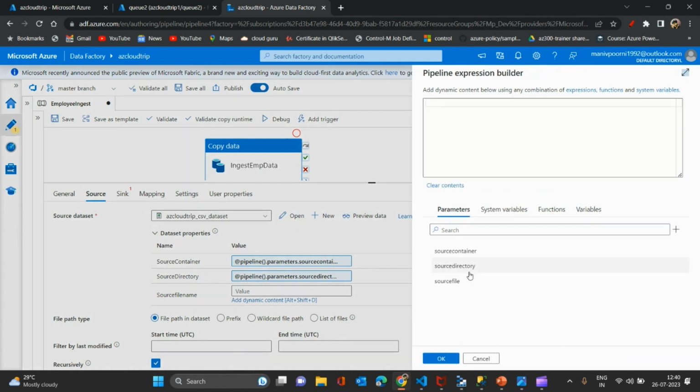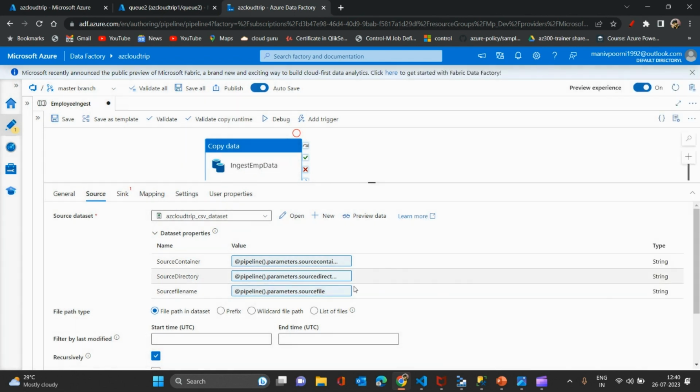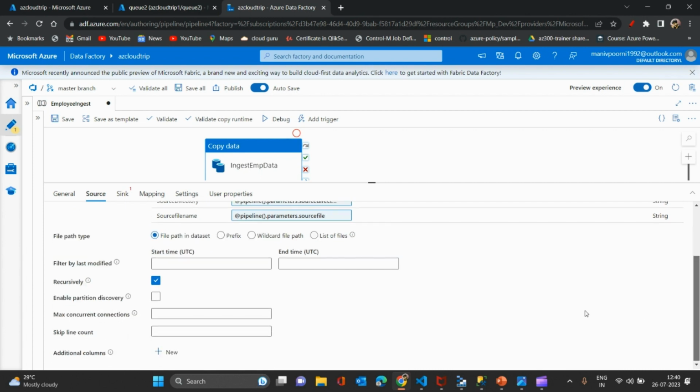That's it. My pipeline parameter is equivalent to a dataset parameter value. Okay, I have configured the source. So the interesting thing is, suppose there is a scenario. I have three columns, right? So along with the three columns, if I want to add one more column, which I want to know from